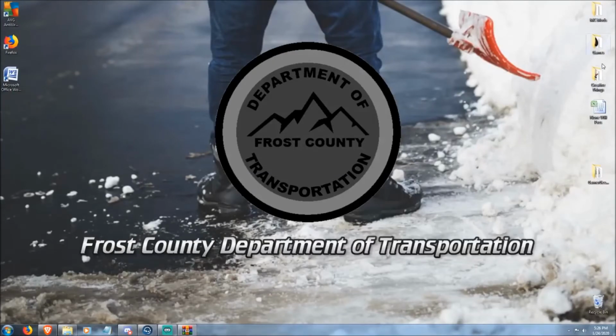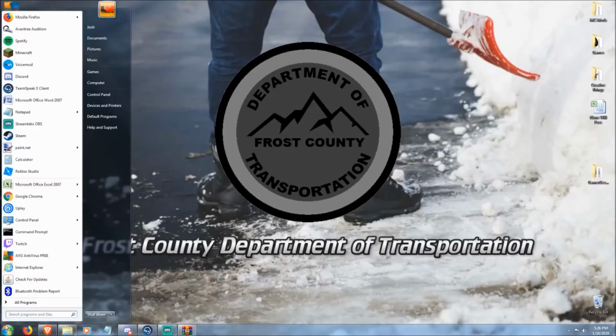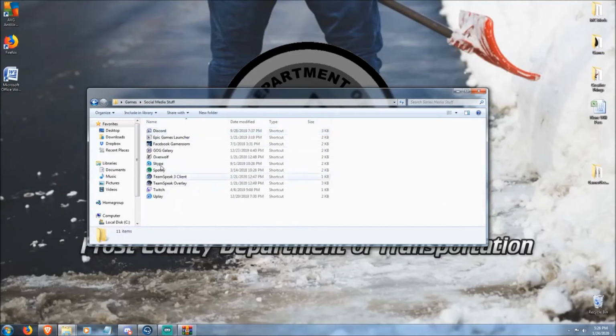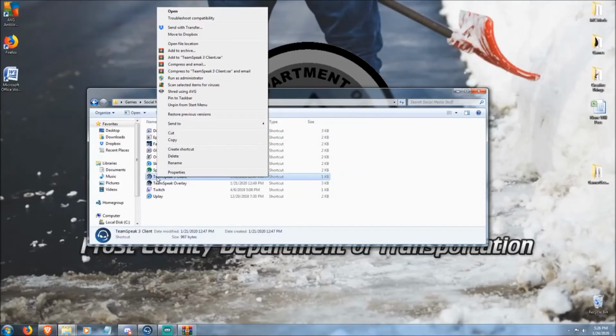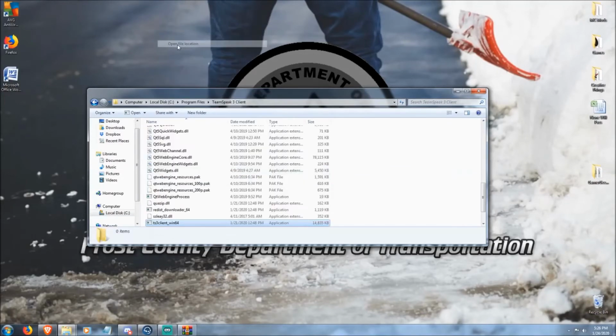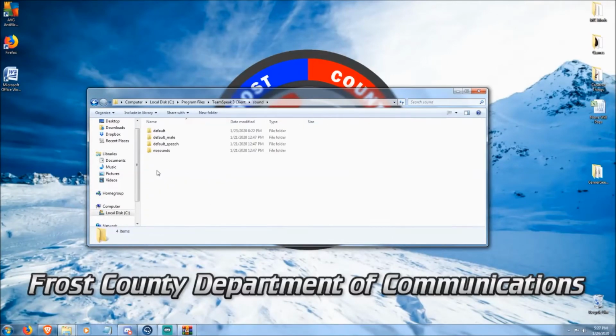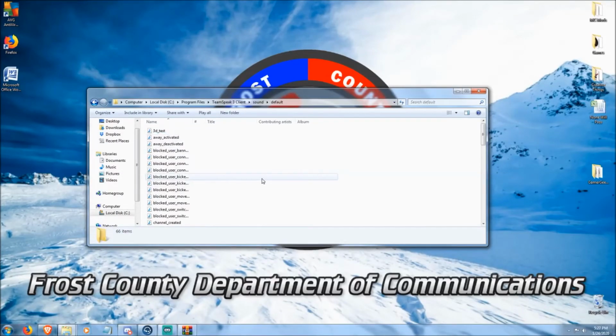Then basically what you're going to want to do is make sure that if you can find it, you can either search it up or whatnot. Basically, you're going to want to create a shortcut to your desktop. I already have this in here, so you're going to want to right-click on this and then go to Open File Location. Or you can go to your local disk, your program files, and then find TeamSpeak 3 client. Then you're going to want to scroll up to your sound, go to your default, and then it should be all the way in